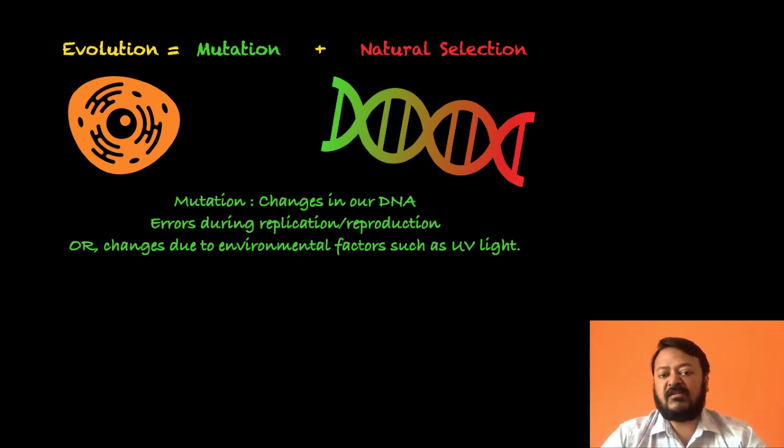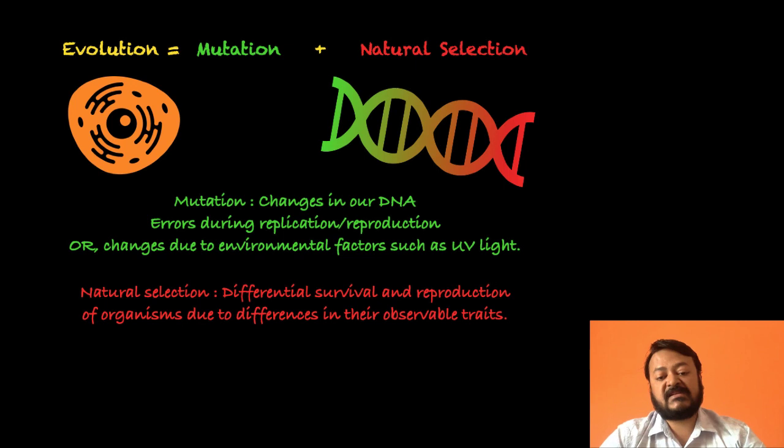But what we know for sure is that mutations do occur in DNA, and that leads to the changes that we see. So after these mutations have occurred, there is a mechanism within the cell to do repair of these changes, which can be considered as damages to the DNA. However, not all of these changes or damages are corrected, and some are passed on to future generations because they may have some beneficial repercussions, and that is what is called natural selection.